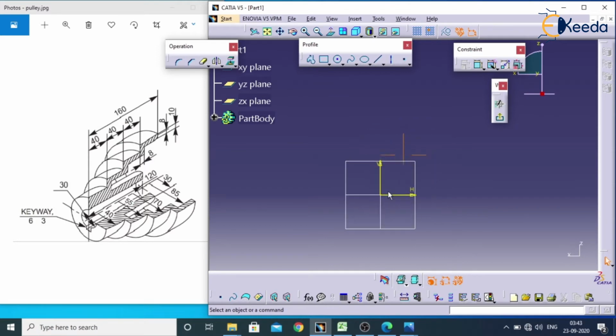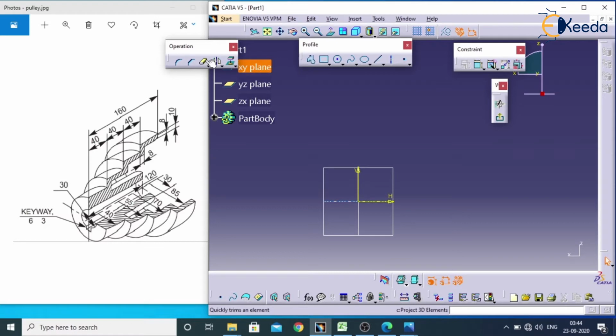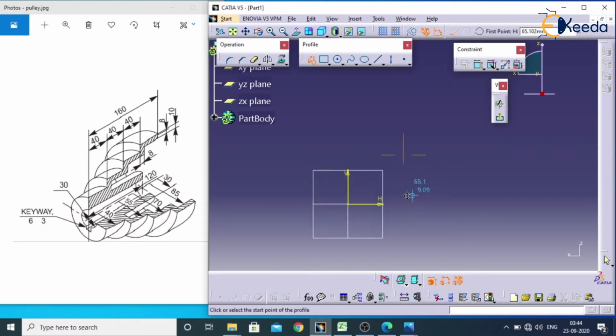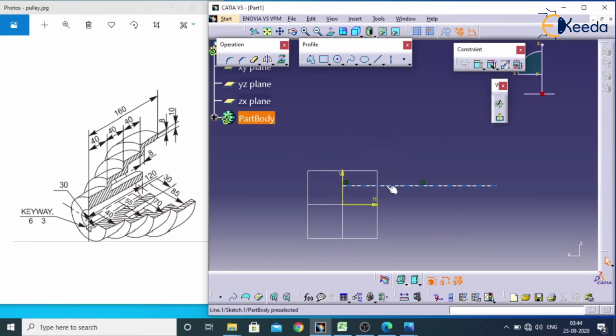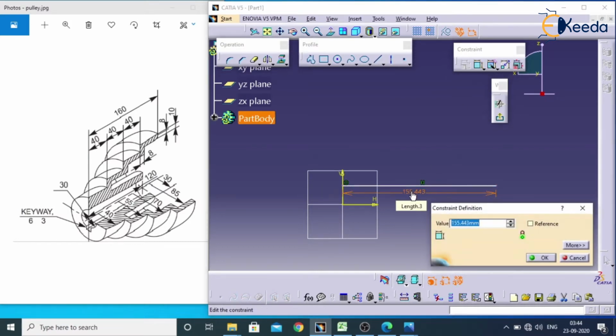Now we have entered into Sketcher. Here you have to create this cross section. We can't create the complete object at once, otherwise we will face difficulty while editing. So one by one we will create single lines. We will take profile. Here a single line I will create from this point to this point and press escape. The length of this line is around 120. So I will pick on this, double click on this, and enter 120,